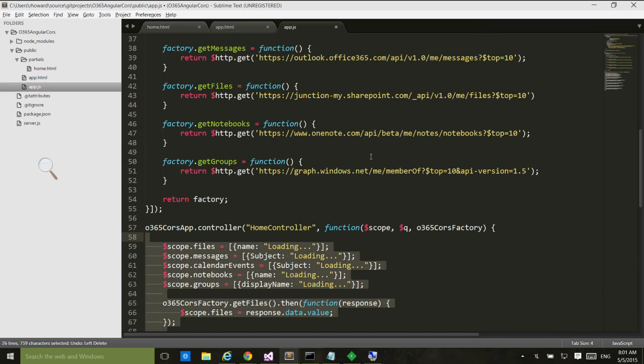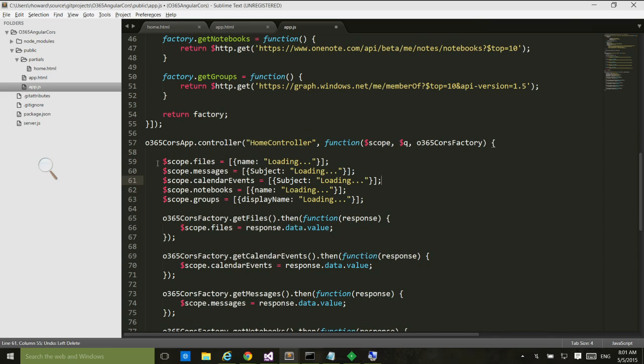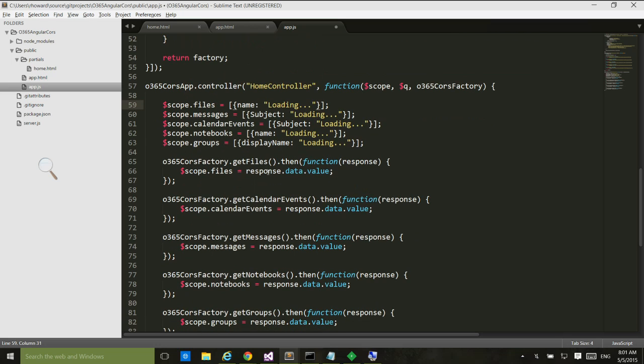And then the last piece is the controller, where they have this concept called $scope, which you can think of like the model, where I'm setting the model to be loading for all these things at first, and then I'm just invoking the factory and putting the properties on that model to be the response from that JSON. So I'm going to hit save,